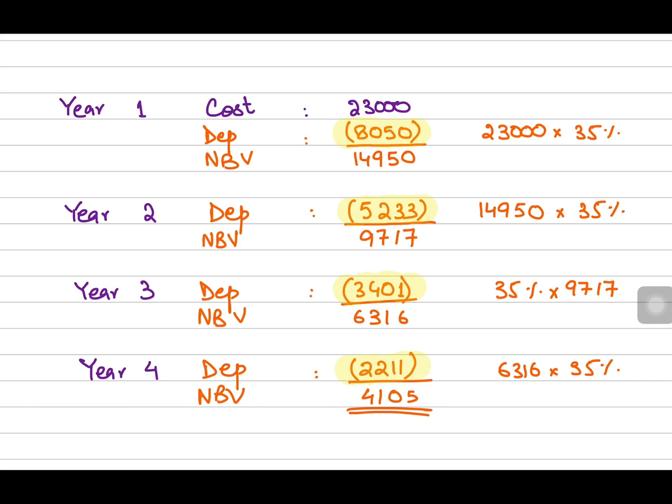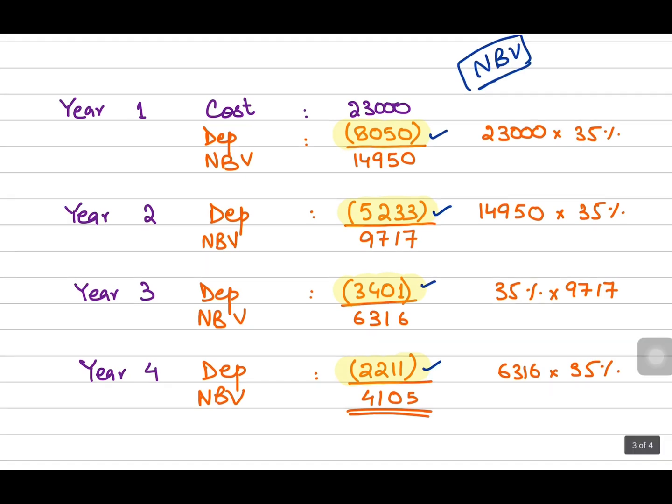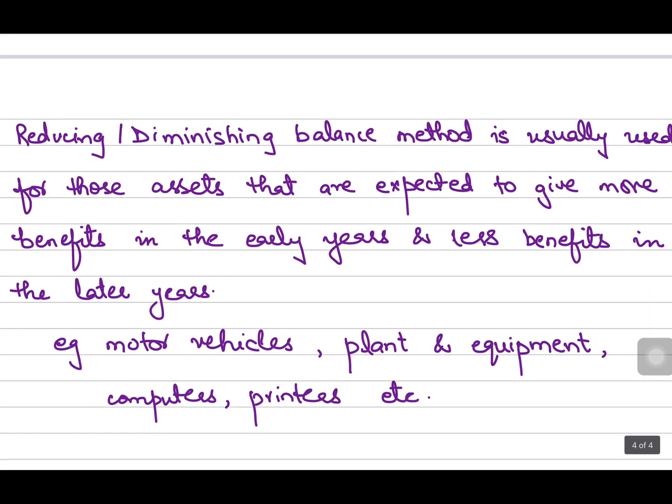So, in the reducing balance method, depreciation is applied on the net book value of the non-current asset, and you can see that the depreciation expense keeps on decreasing. Of course, if there are additions to the non-current asset and then we are applying the rate on the accumulated value of the non-current asset, then it will be different, and that we will be learning about in the future videos as well. Now, let us understand why do businesses use the reducing balance method and on what sort of